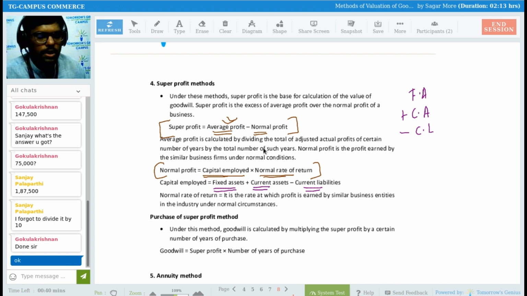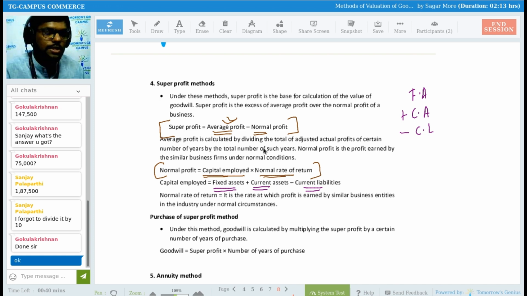For example, debtors. Suppose I sold goods to Sanjay today on a credit basis, 50,000 rupees of goods. Sanjay, you are supposed to pay me 50,000 or not? I will be giving you credit of 2 months, for example. Max to max, I am allowing you credit of 2 months. It means you can pay me 50,000 rupees after 2 months. So the asset that I can realize into cash within a period of 12 months is known as a current asset. Examples of current assets are debtors, bills receivable, cash in hand, cash at bank, stock, closing stock, right? All are nothing but your current assets.